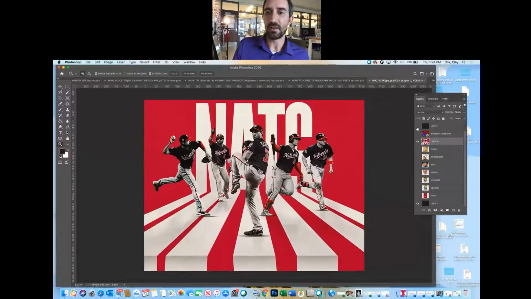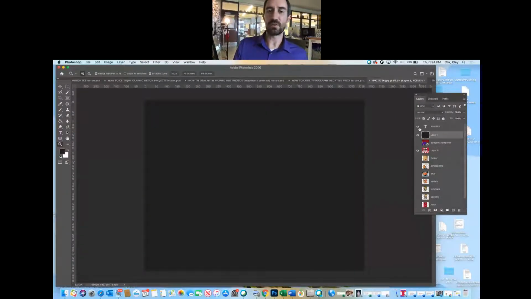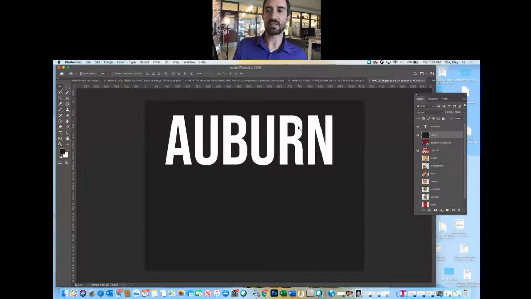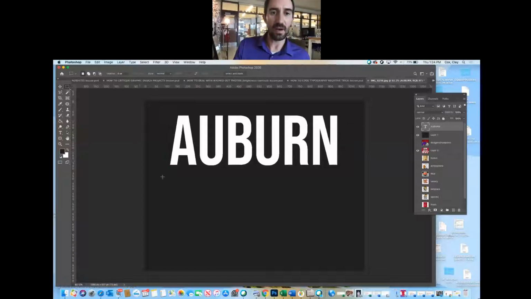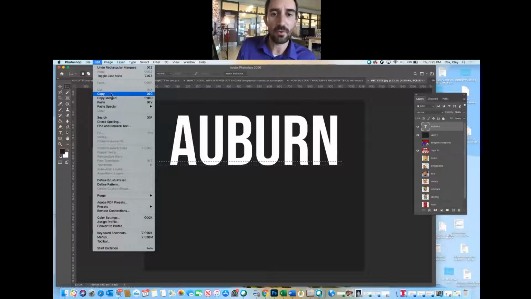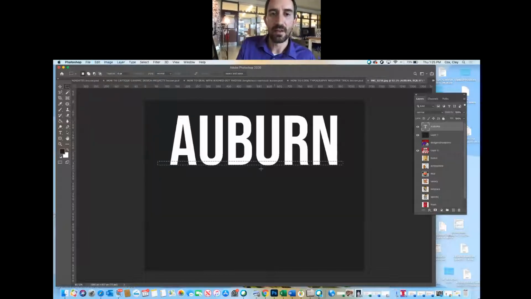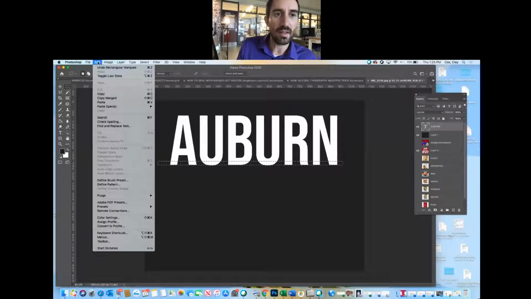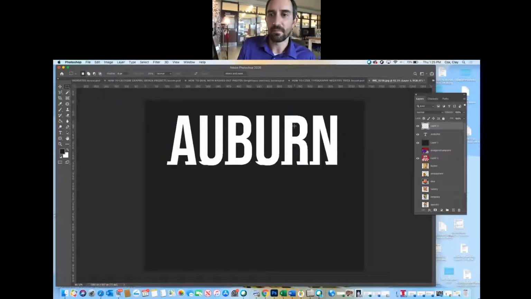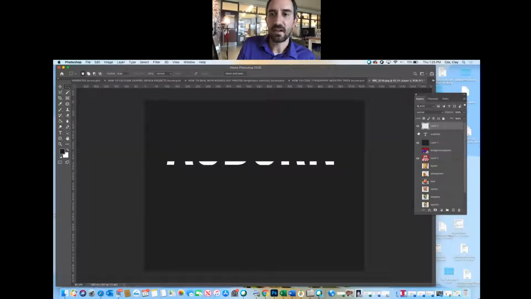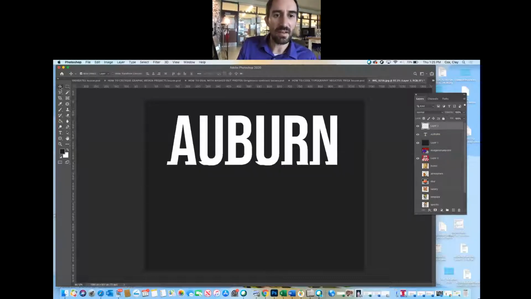As far as how to do it, we're just doing our own local version. So we have the word Auburn. Just typed it out. And I'm only going to select around the very bottom part, just the tip bottom, like right there. And then go to either Edit Copy or Command C. So it only copies that part. So when we go to Command V or Edit Paste, here's where it pastes this right here. And the trick is, I'm just going to move it down a little bit lower than the letters,